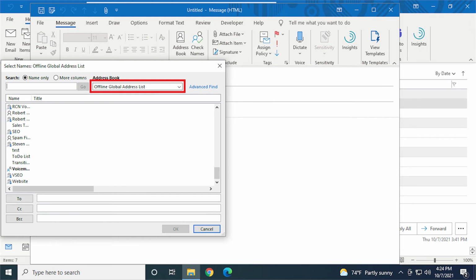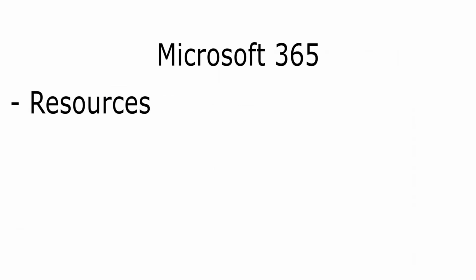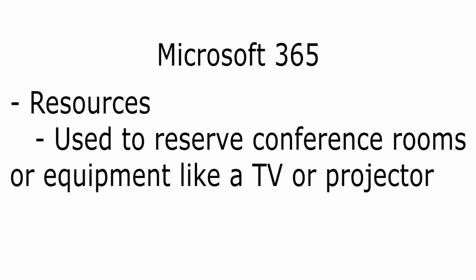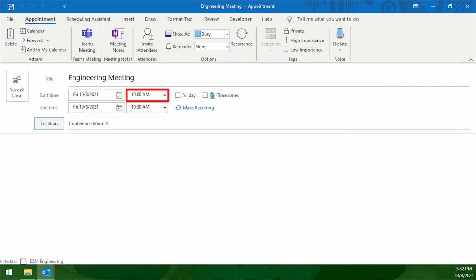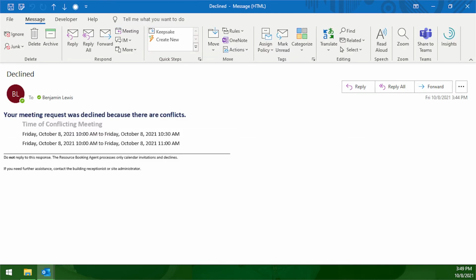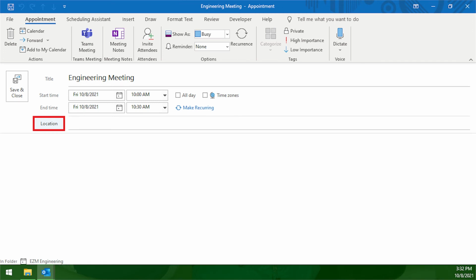There are also items in Exchange called resources. These are used to reserve conference rooms or equipment like a TV or projector when meetings are scheduled. If someone sets up an appointment in Outlook for 10 a.m. and chooses Conference Room A from the global address list, the next person that tries to schedule something for that same conference room at that same time would be notified of a conflict. If the company is large enough, using resources is a necessity to avoid the frustration of not having a certain room or piece of equipment available when a large group of people were expecting to use them. Resources are great as long as everyone remembers to select one when creating the meeting invitation.